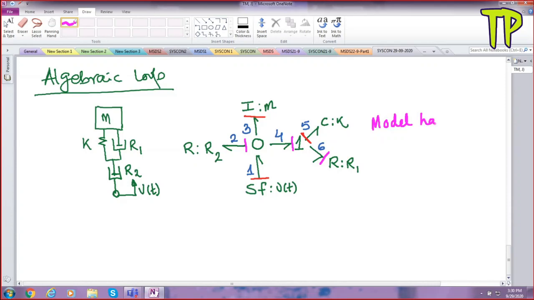Sir, does having an algebraic loop tell anything about the system physically, or is it just some computational aspect? It doesn't tell anything about the system physically. A causal loop will tell you. Algebraic loops can exist in many systems. Not a problem. It doesn't mean that one element is missing. It is solvable. It is because of the model structure. No problem with the model as such in physical terms. It's only computational.